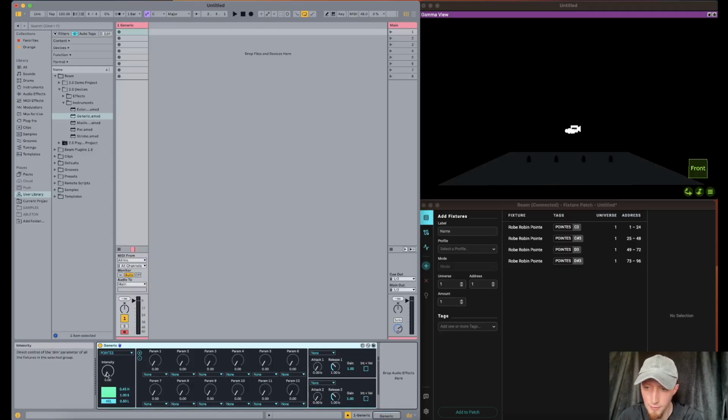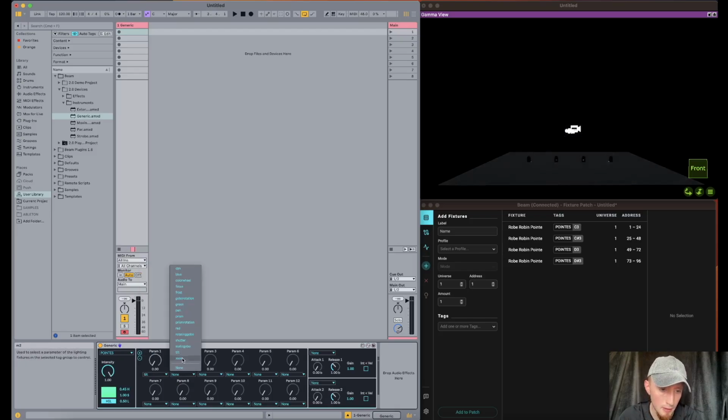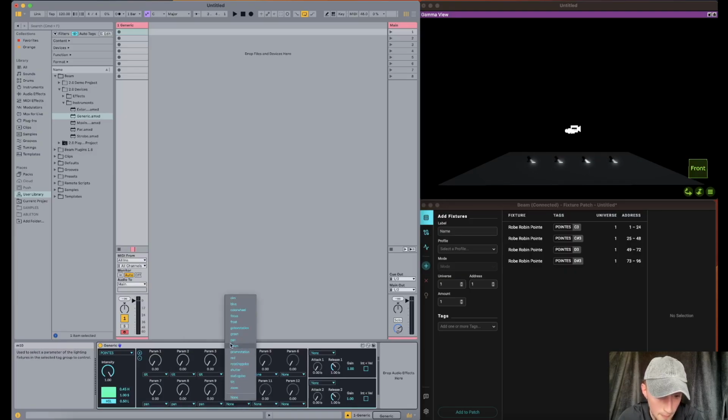If I give them some intensity, that's going to turn them up. We're then going to select tilt, tilt, tilt, tilt. So we've got 4 tilts for each of the lights. And then we're going to select 4 pans. Pan. We've now got control of each of the lights, pan and tilts. These other 4 parameters we'll save for later, but these can basically be assigned to different attributes of the lights,